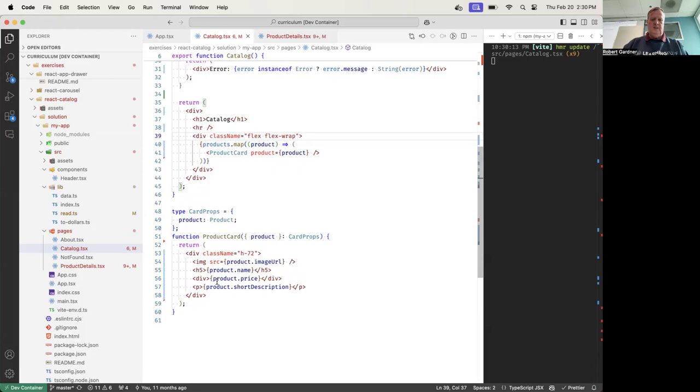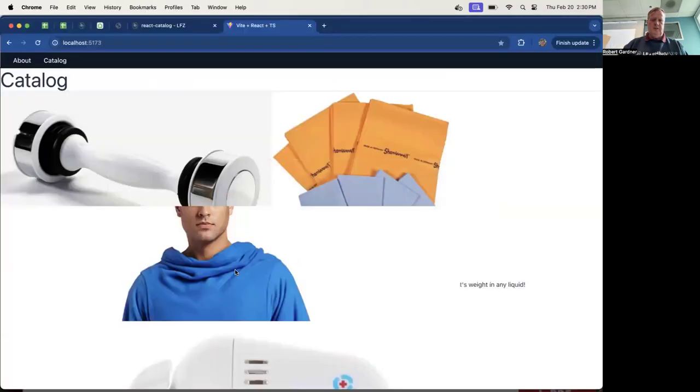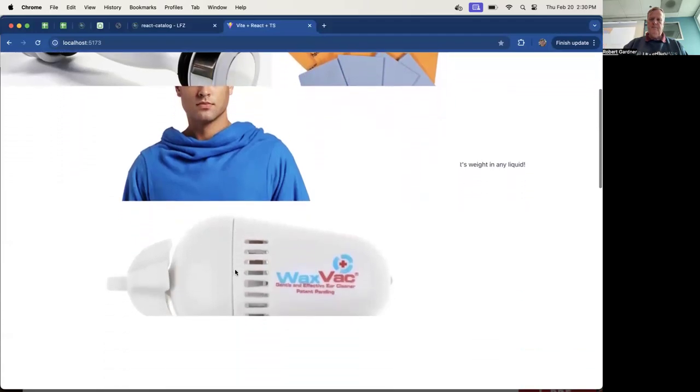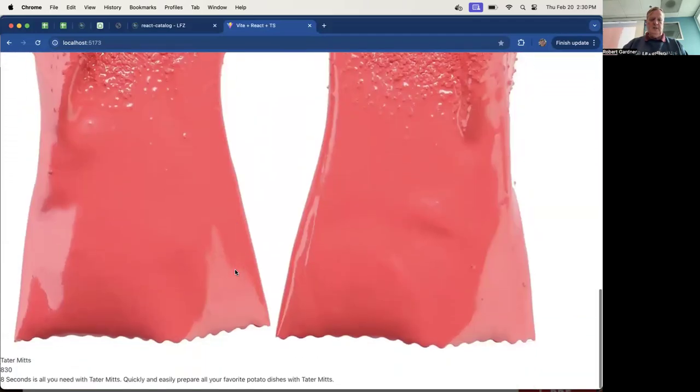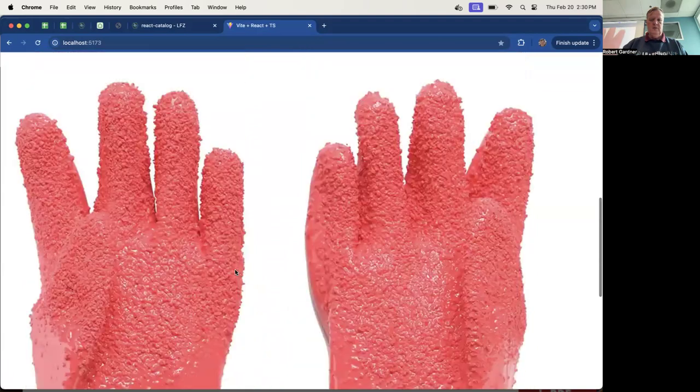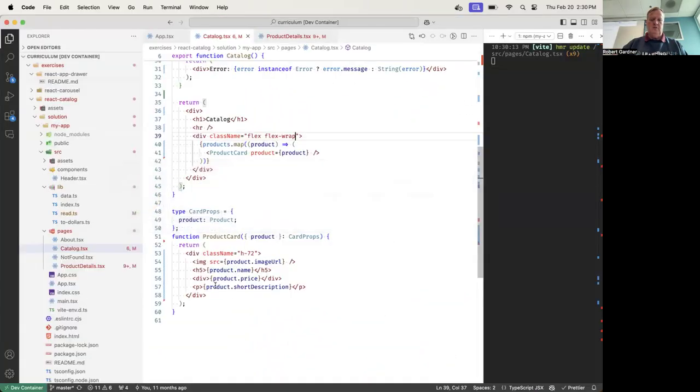But I want to see these guys, so I'm a little flummoxed at this point. What do I do? Let's see. I've got to see those things. Where did they go? Oh, the image is too tall. So I want to put the image